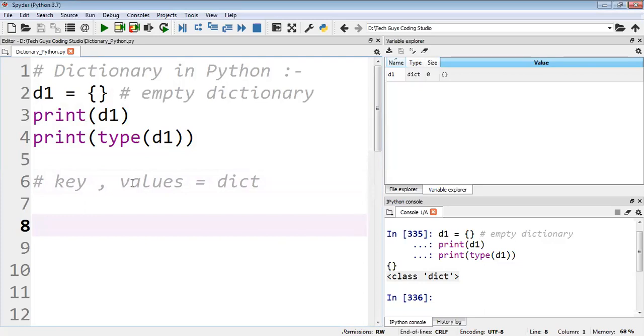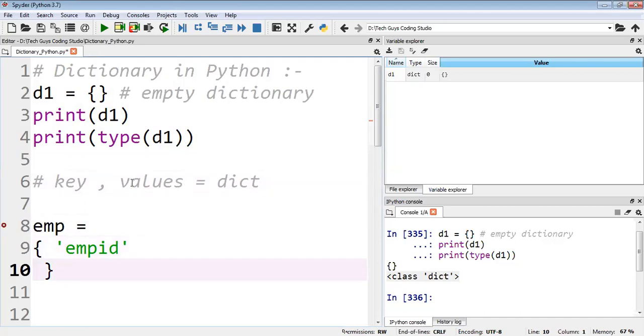Now we'll take an example. I have a dictionary, emp equal to. To understand better, I write employee ID. Since it is a string, I write it in quotes, then separate with a colon. Employee ID is 101.